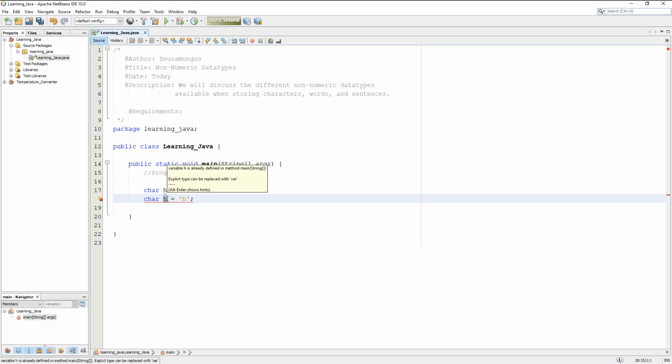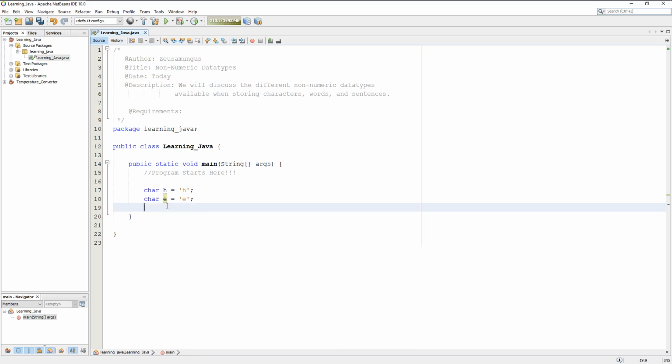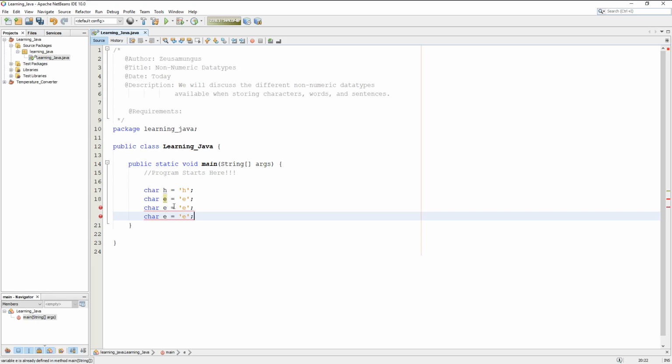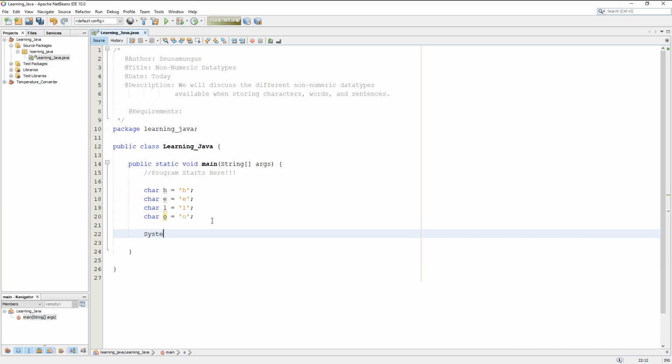We'll make this one E, and we're naming the variable just to represent that it's an E being stored there. And we'll keep going down. We'll make an L, we'll make an O. And we'll take these little letters that we're working with to create the word hello. We can't name that the same. So we have this here, and we'll just go